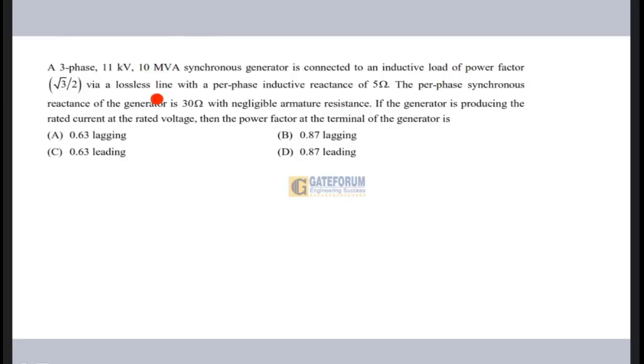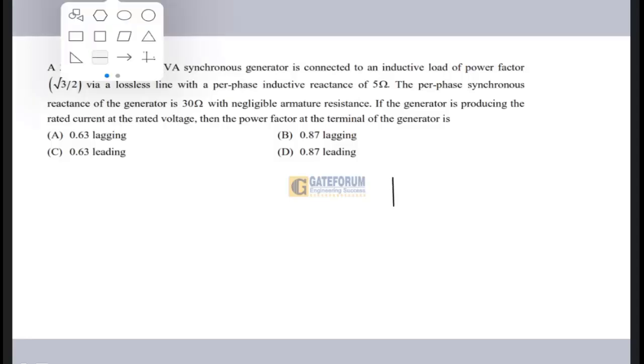The line is having an inductive reactance of 5 ohm, and the per phase synchronous reactance of generator is 30 ohm. If the generator is producing the rated current at the rated voltage, then the power factor at the terminals of the generator. Okay, at the terminals of the generator they are asking, which means